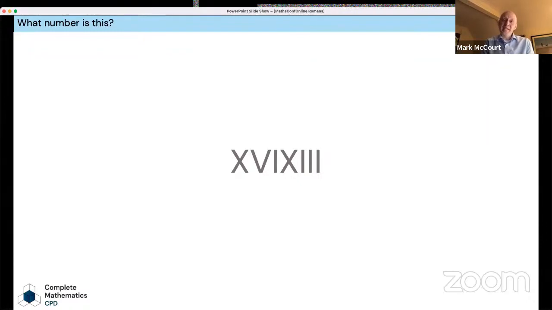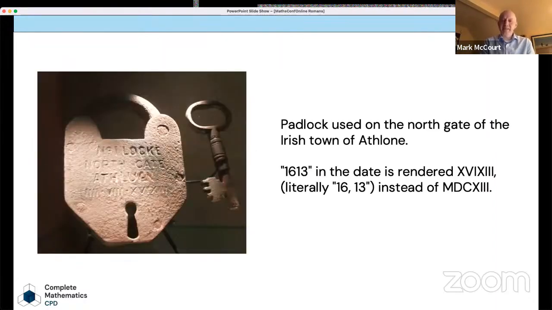Well, this here is being driven by the way in which people speak. So think about how some words are said. The medium of language that you use has a massive impact on how we do mathematics and how we think about mathematics. You see, this one here is 1613. So there was nothing to indicate that there is a separation here. And this is taken from a padlock, and there are lots of different examples of this, with years in particular being written in this really strange way, where they just write 16 and then 13.